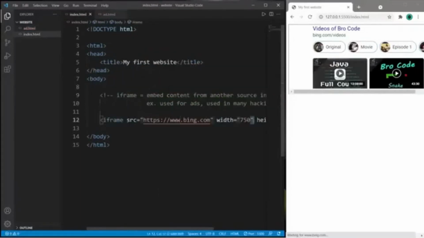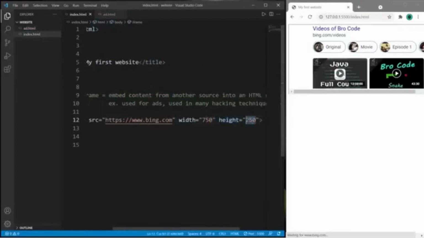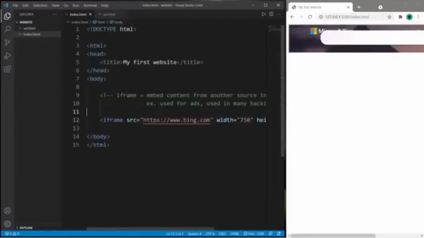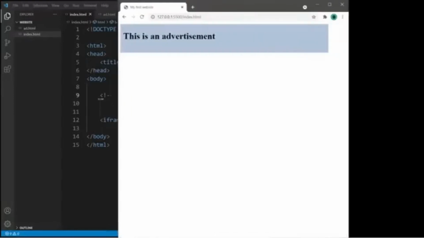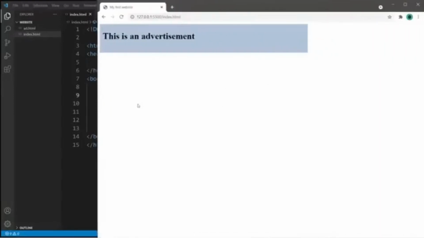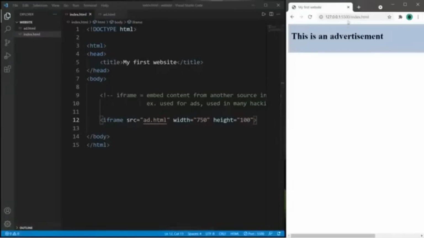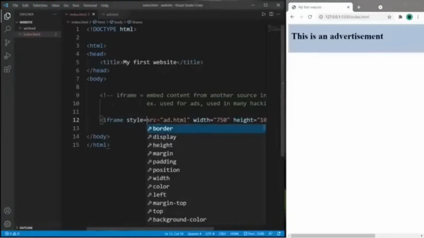Then let's change the width and height. For the height, maybe 100. Oh, then make sure to change your source as well. So we need to list the relative file path. Since these files are right next to each other, I only have to list the file name. Ad.html. Save, reload. Cool, and there is my fake advertisement. Embedded pages do have a border. This is how to remove that. Set the style attribute equal